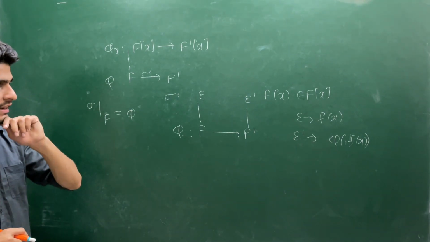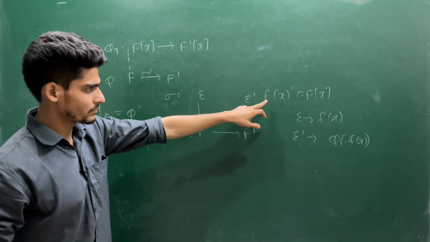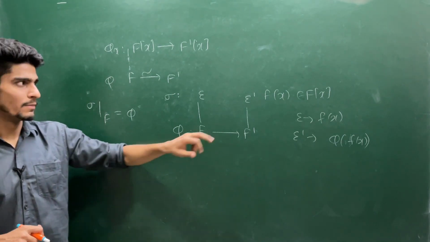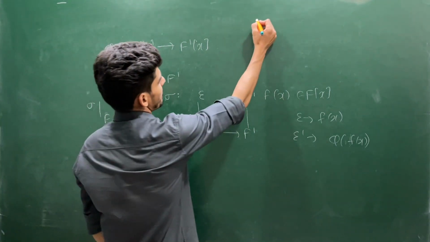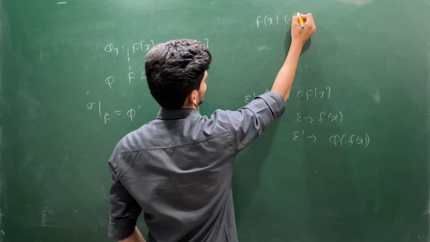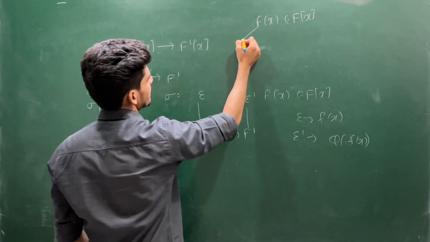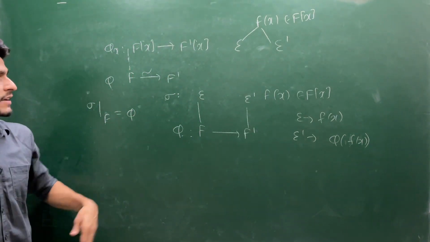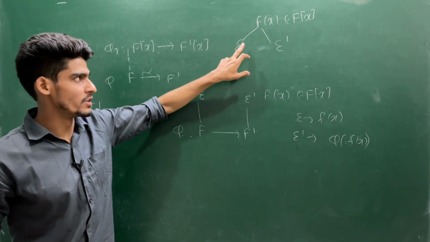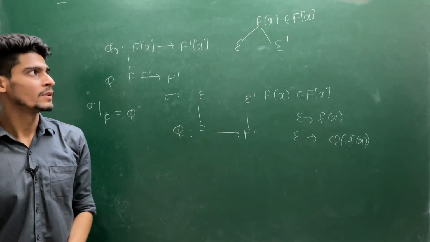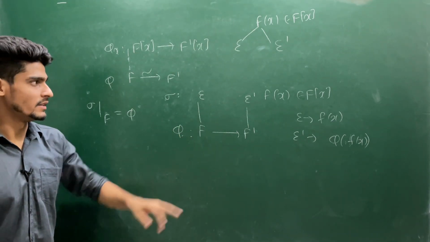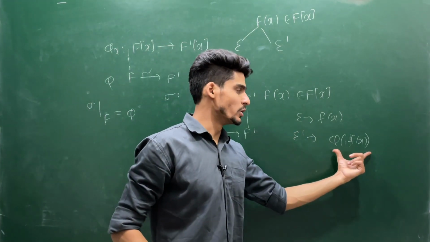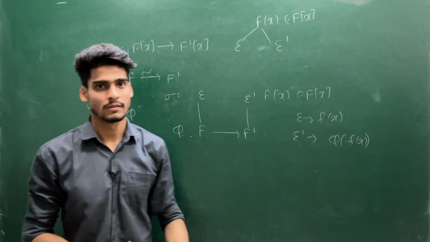But then one natural question arises. Suppose there is more than one splitting field, then what can you say about those splitting fields? Suppose I am having this polynomial f(x) inside F[x], and say E is a splitting field and E prime is also a splitting field for this f(x). What can you say about E and E prime? Are they going to be isomorphic? See, this E prime is different. This E prime is a splitting field corresponding to this polynomial phi operated at f(x).